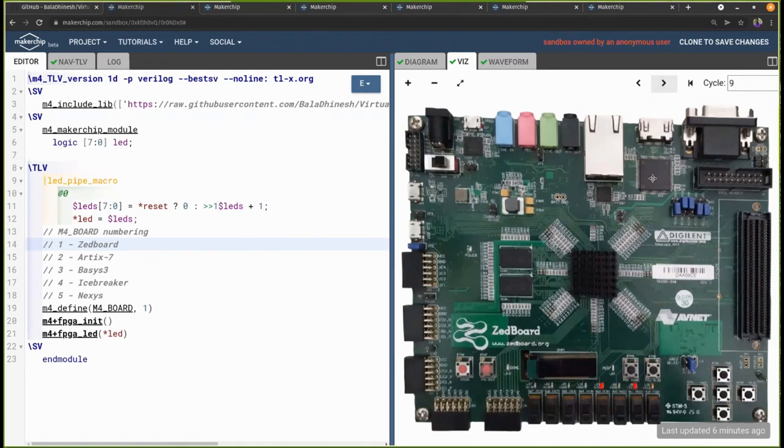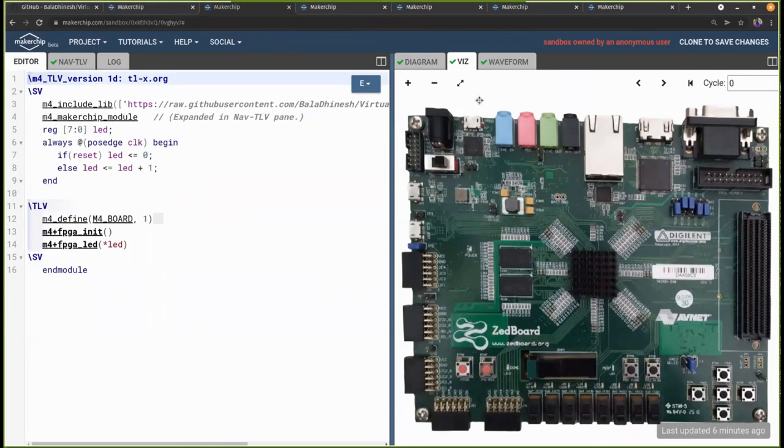The code for enabling this visualization is seen in lines 20 and 21, where line 20 adds this FPGA image onto the VIZ canvas, and this FPGA underscore LED is the interfacing of the LED logic function behind it. This is the same example of the binary counter. Here we have written this in Verilog instead of Transaction-Level Verilog, so the same output will be seen in the VIZ part.